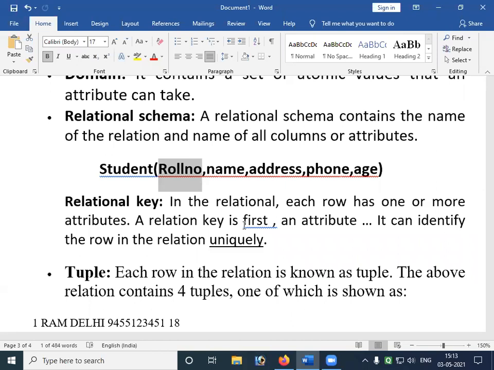For example, in your class, the roll number is called a relational key, because no two students will have the same number. That is called uniqueness. Hope you understood. That is called relational key.